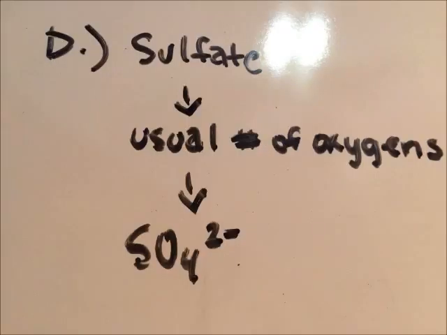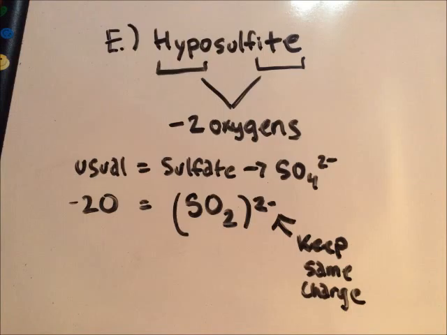Sulfate has the usual number of oxygens, and looking at the periodic table, it has a charge of -2, therefore the formula is SO4 2-. Looking at hyposulfite, we see that hypo and ite indicate that there are 2 fewer oxygens than the usual on the sulfate. Since the usual of sulfate is SO4 2-, we subtract 2 oxygens and keep the same charge. The formula now becomes SO2 with a -2